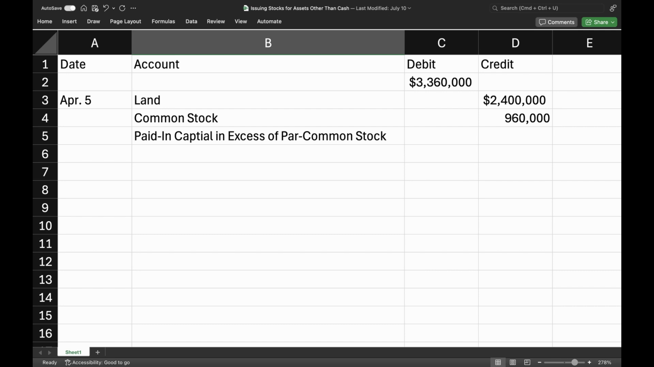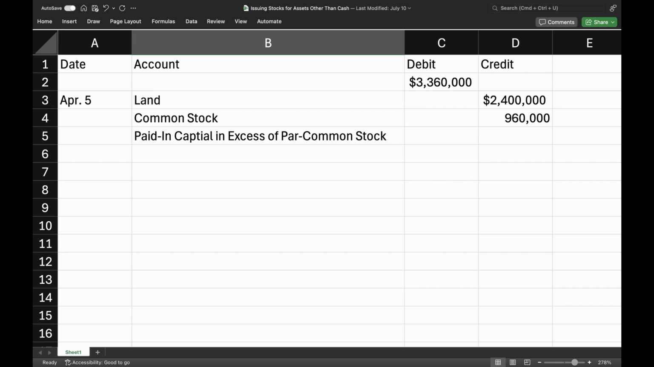First, put the date, so in this case it would be April 5th. Then put the accounts being affected, which are the land account, the common stock account, and the paid in capital in excess of par common stock account. The land account goes first because it is being debited as it is an asset that is increasing due to